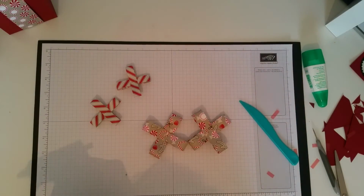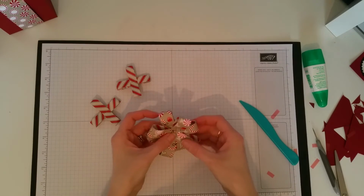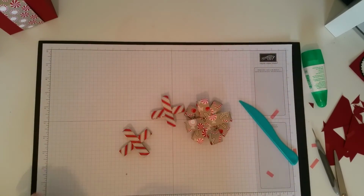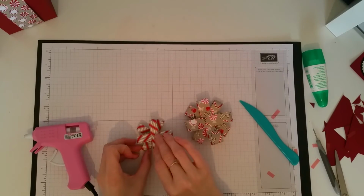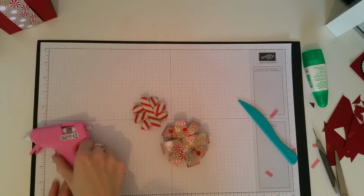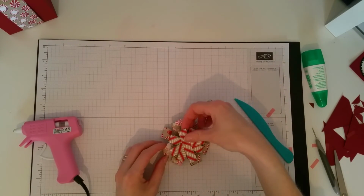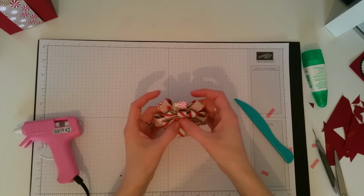So blobbing glue on there, and we're just going to pop that at an angle just on top there. Hold that in place for a moment. Push down. And stick our small ones together in the same way. Across there, and then we're just going to stick our smaller one onto our bigger one on the bottom, like so. Now a blob of glue, just like so. We're going to push that down